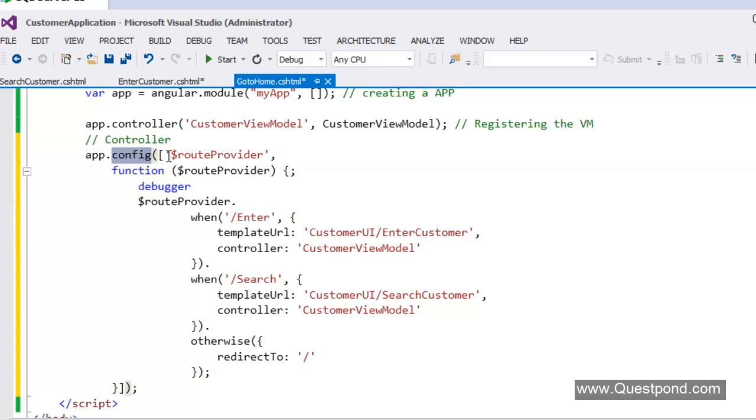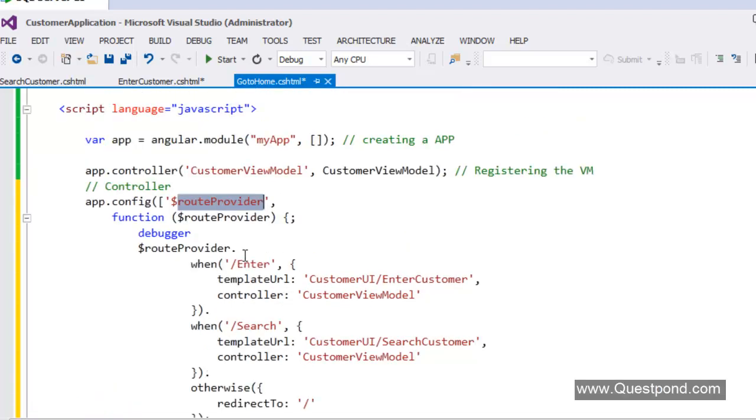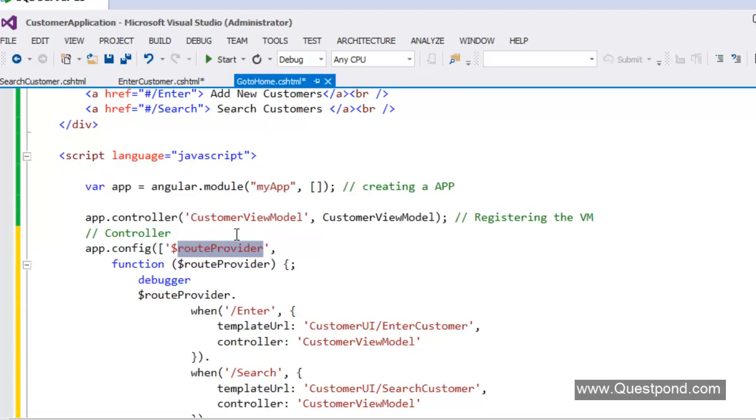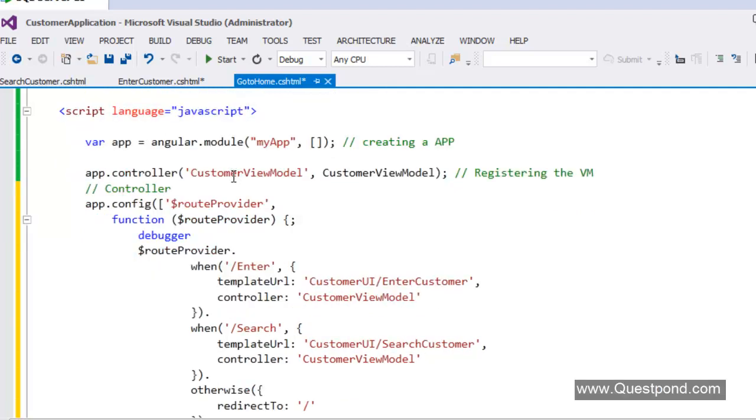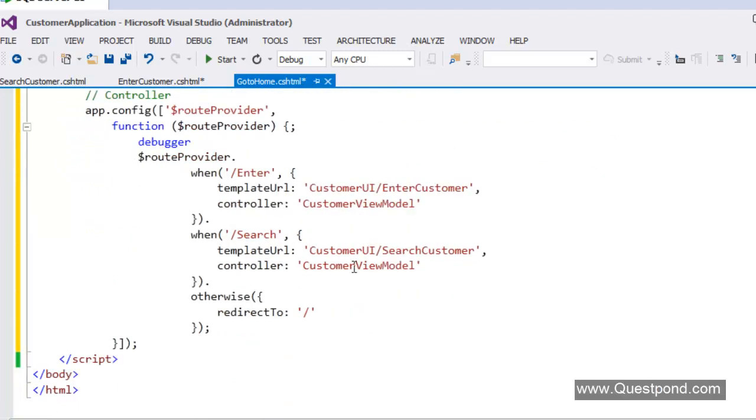So I'm using the route provider of Angular, and here I'm saying when somebody clicks on this enter here, please load the view customer UI / enter customer. And if somebody clicks on this search here, then please load the customer UI / search customer.